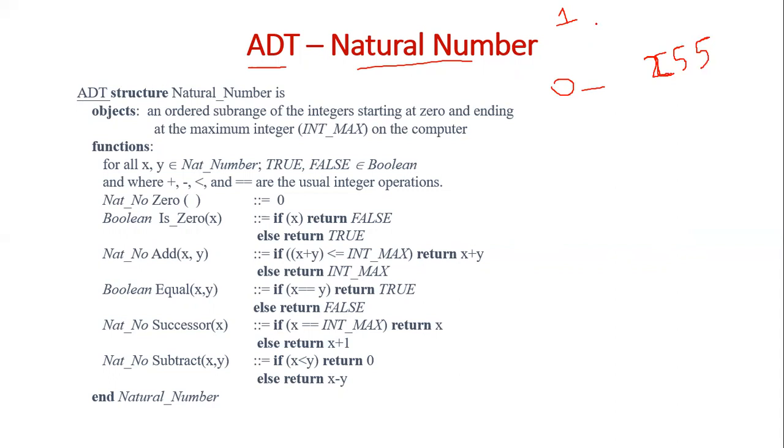So if you allocate 2 bytes, then you can store 2 to the power